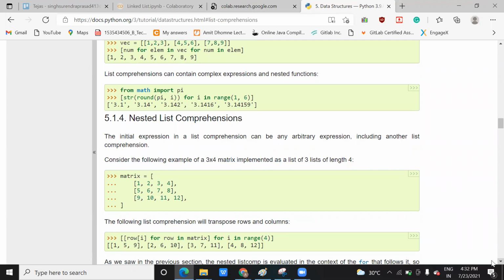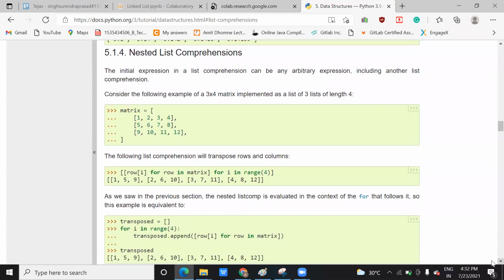What do you mean by nested comprehension? It means that you should have a list element followed by some for loop or any condition on that. You can see here you have two square brackets. This one is a list, and the second square bracket is going to do the operation of transposing the elements, taking 3 elements.